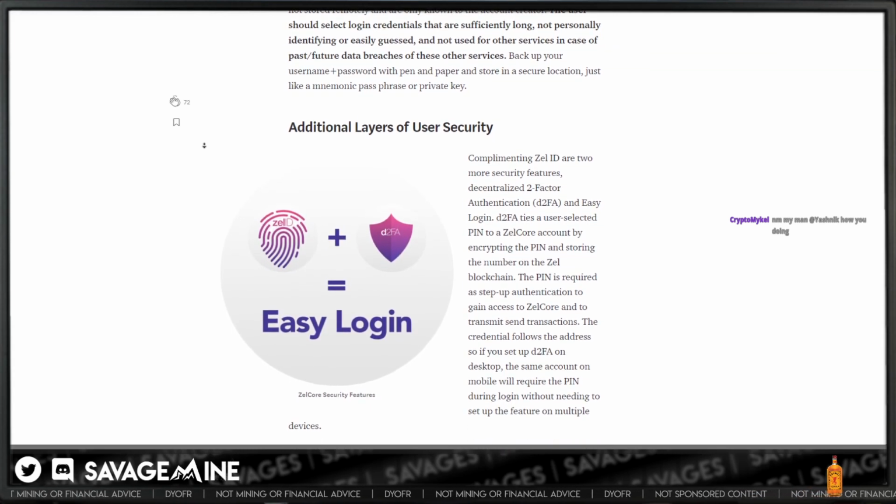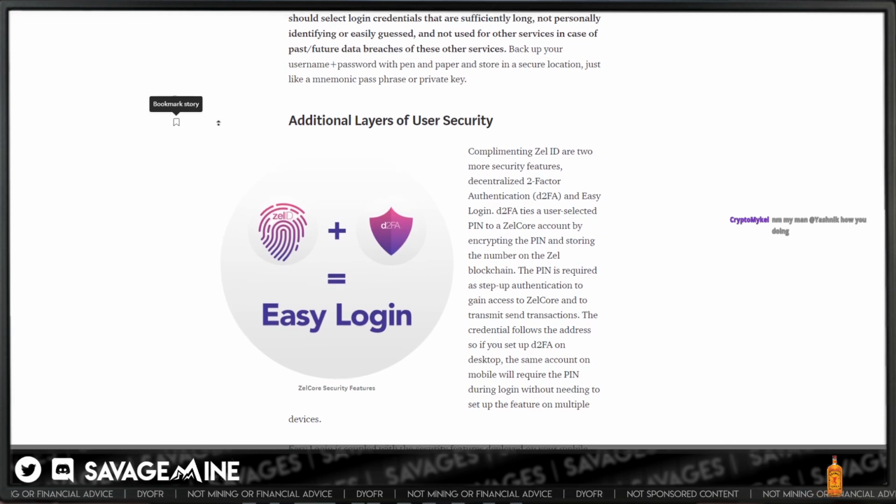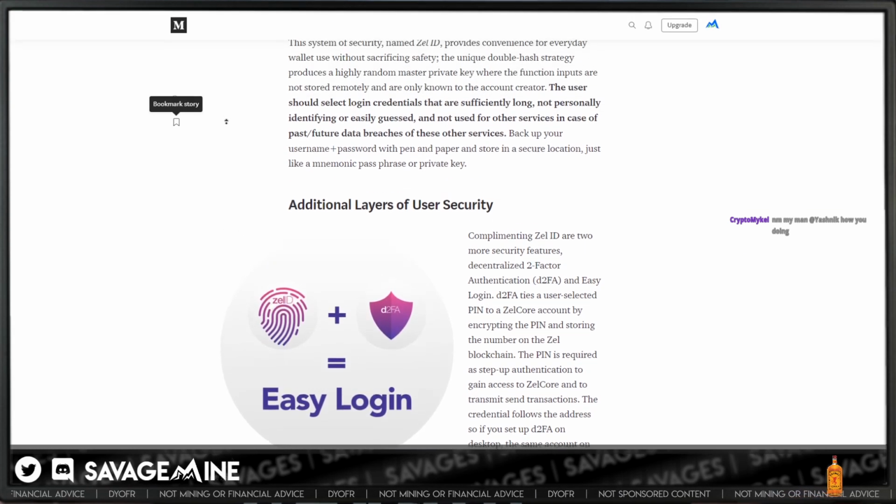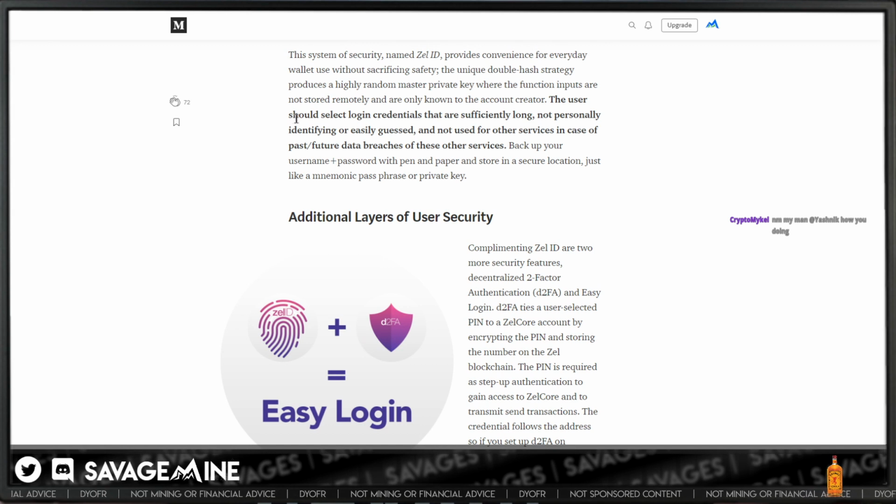And from their website here, I think it says right here, yeah, the user should select login credentials that are sufficiently long, not personally identifying or easily guessed, and not used for other services in case of past or future data breaches of these services.